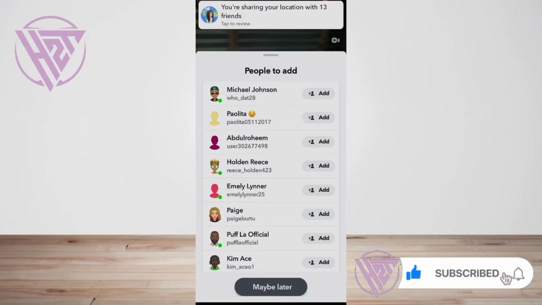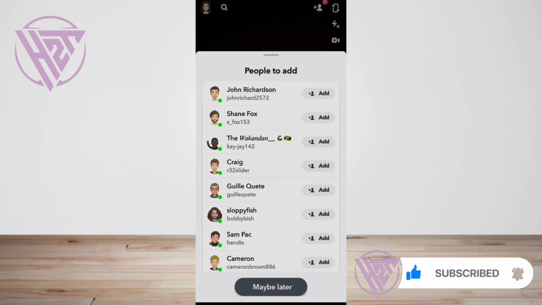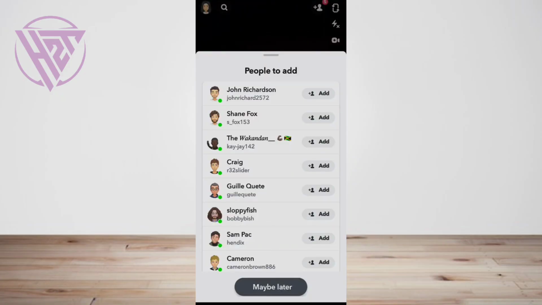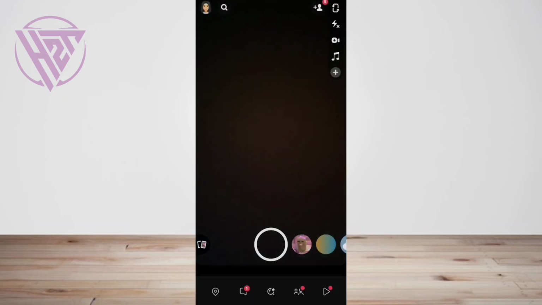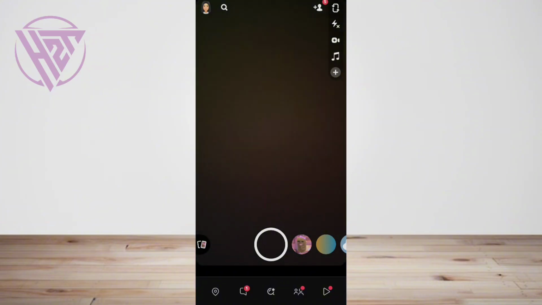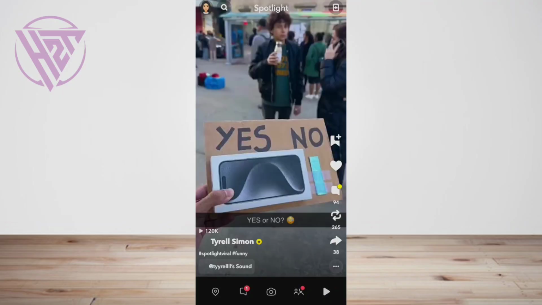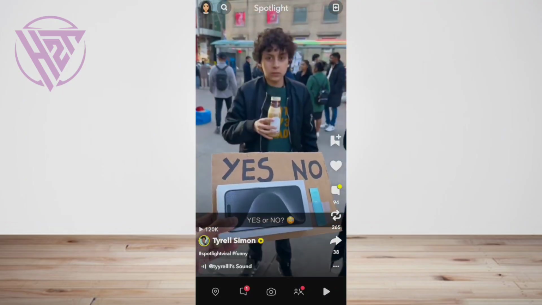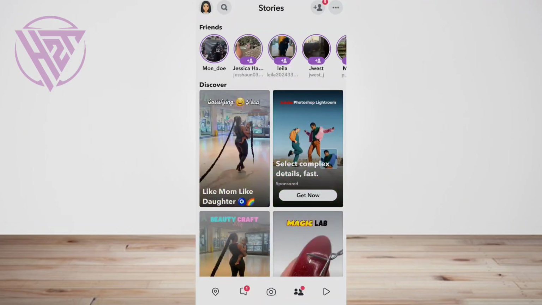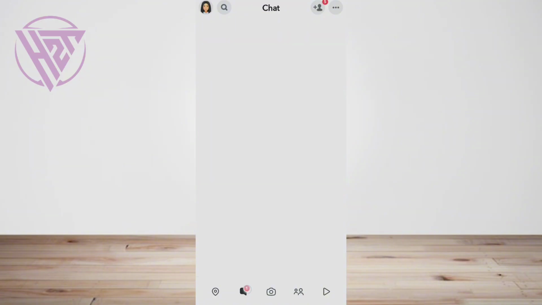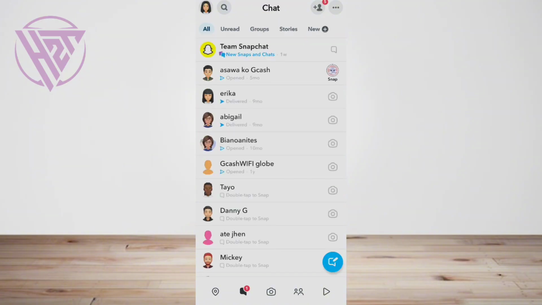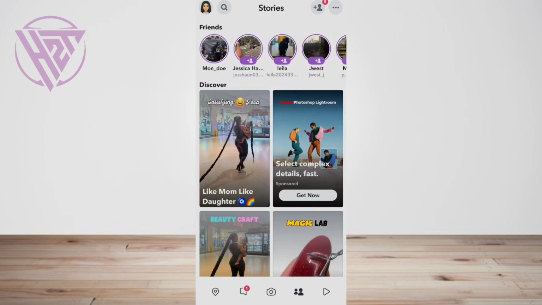Today I'm going to show you how to remove multiple Snapchat friends at once. There are several techniques available, but all lead to the same place, the Manage Friendship menu, where you'll find the Delete option. One method, which works even if you haven't recently messaged the person, is to find them in your My Friends list.